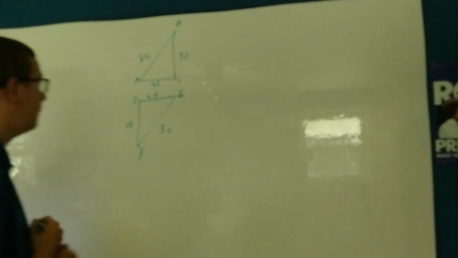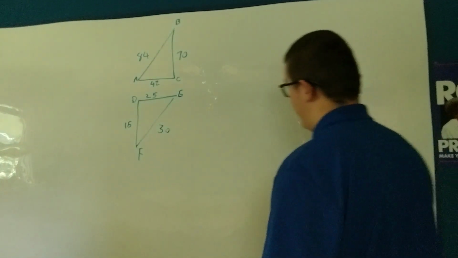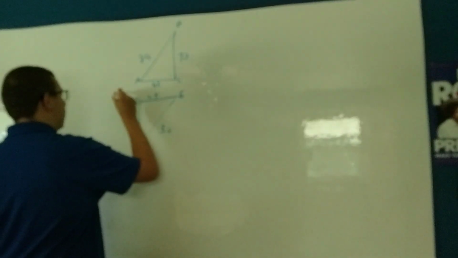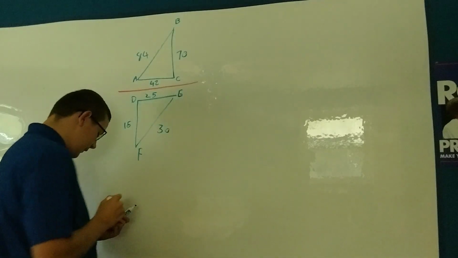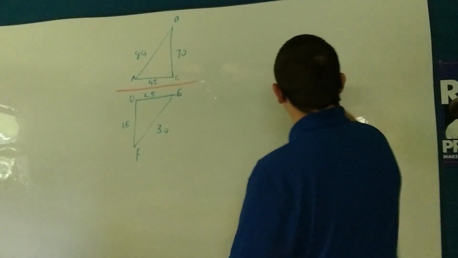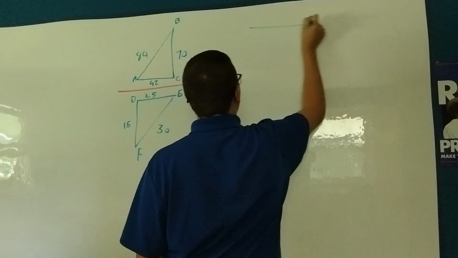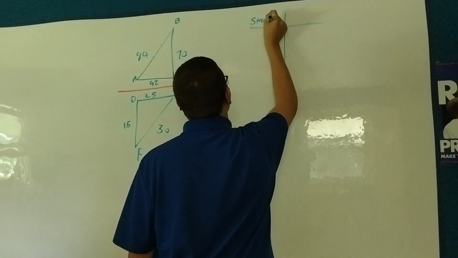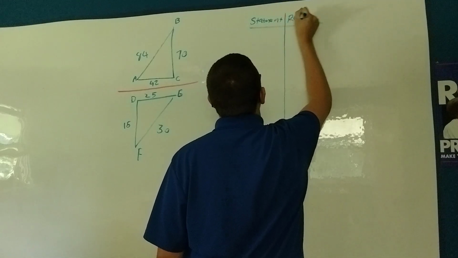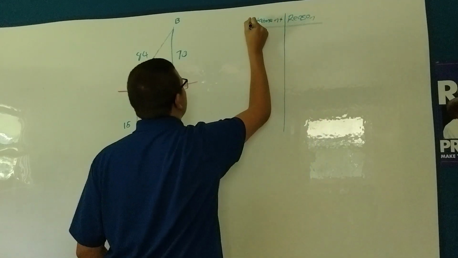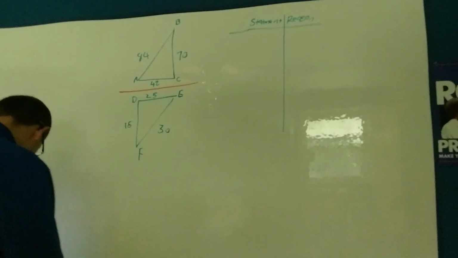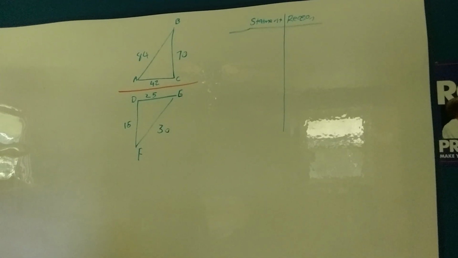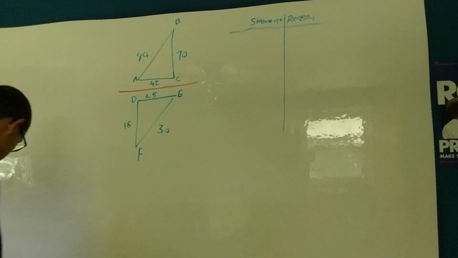And now let me come up here. Actually, let me add a line here separating these so it's a bit easier to see the divided triangles, like that. And then our statement reason, or two-column proof. Okay, statement reason like that. And here, if you want to try this on your own, this is a pretty simple one. Okay, so